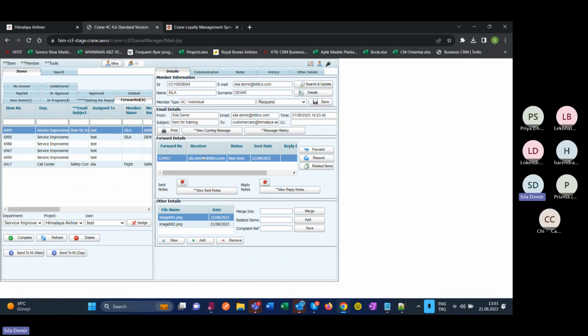This is the forward number. Receiver is Fila Demirets TS. Status is the new item, which means that the email is about to be sent, and this is the send date. Let me refresh the item. So when the forward email comes to my Outlook, the status will be updated to sent, but I need to